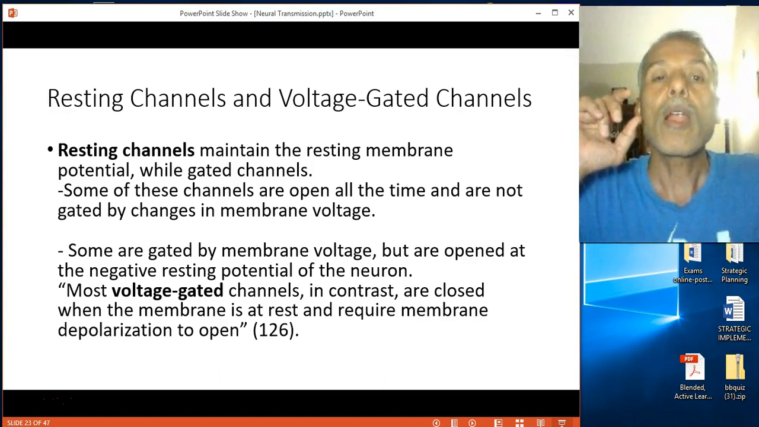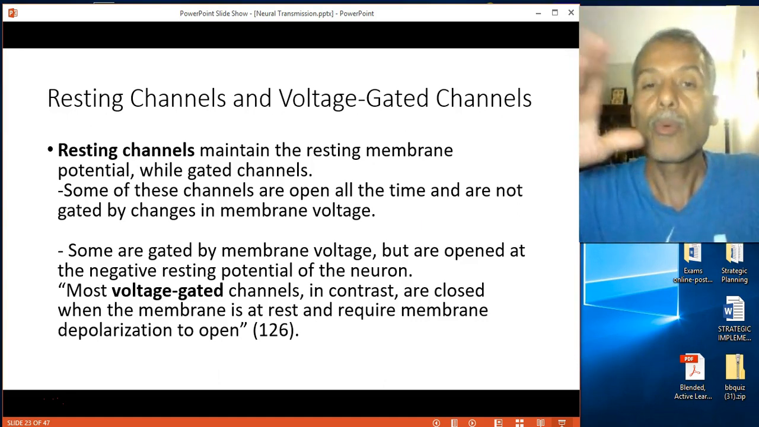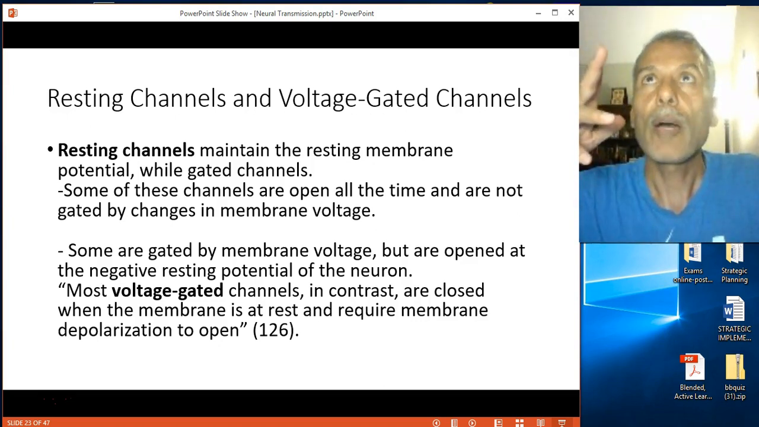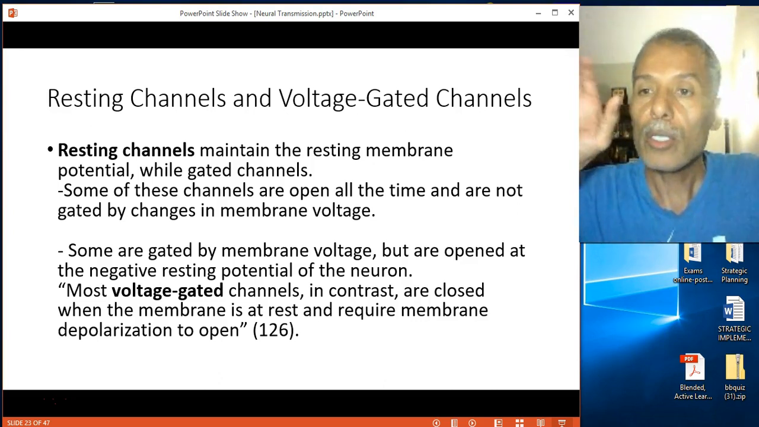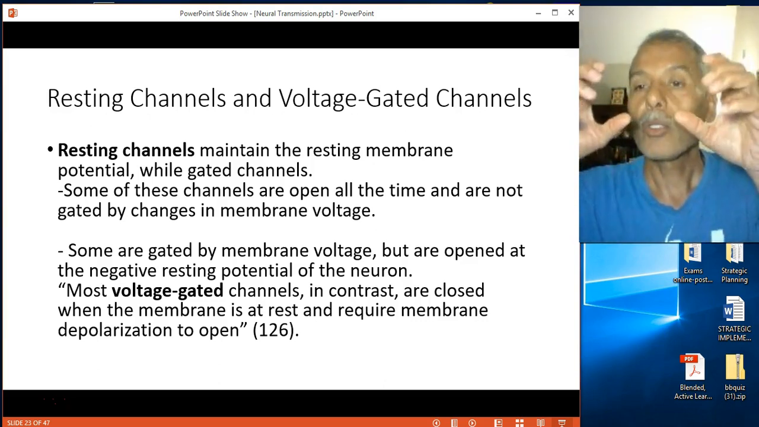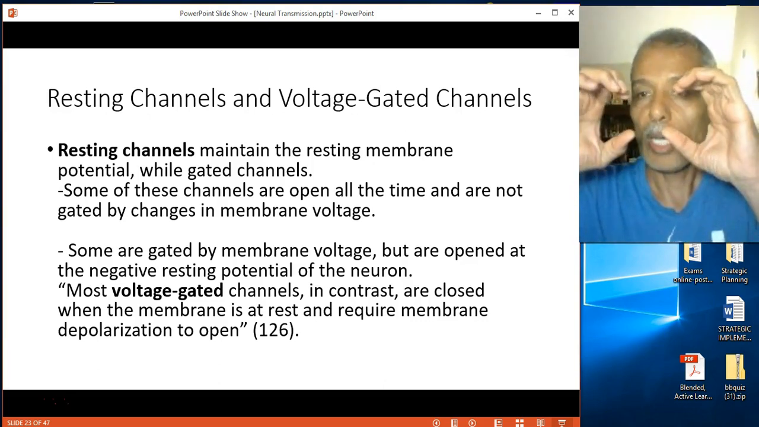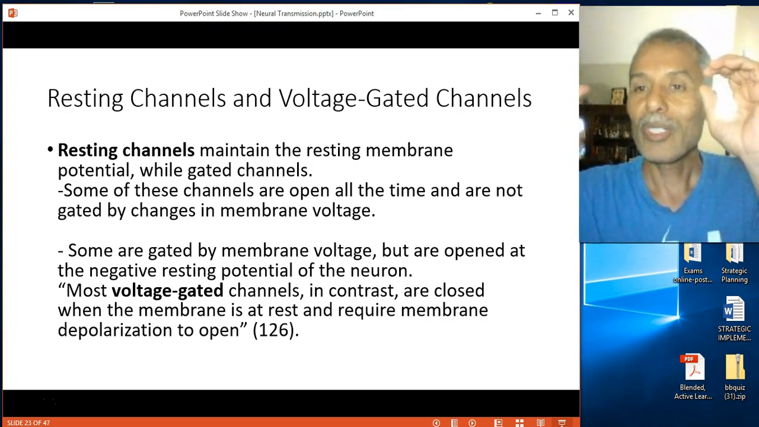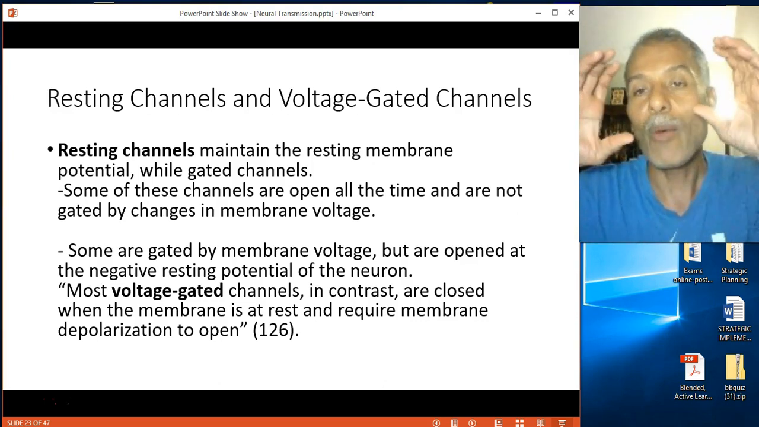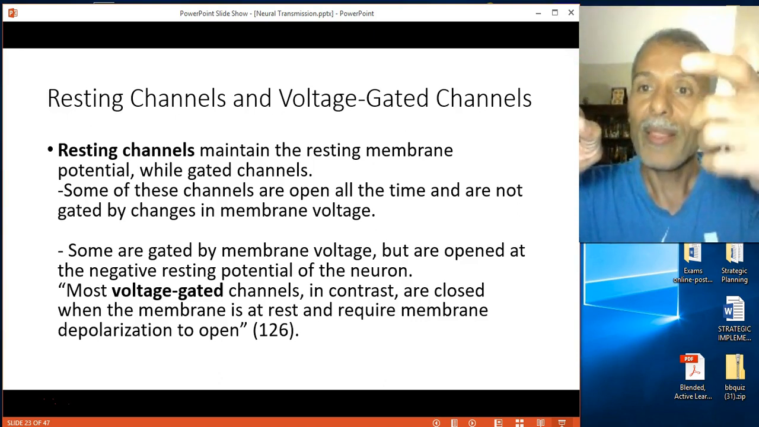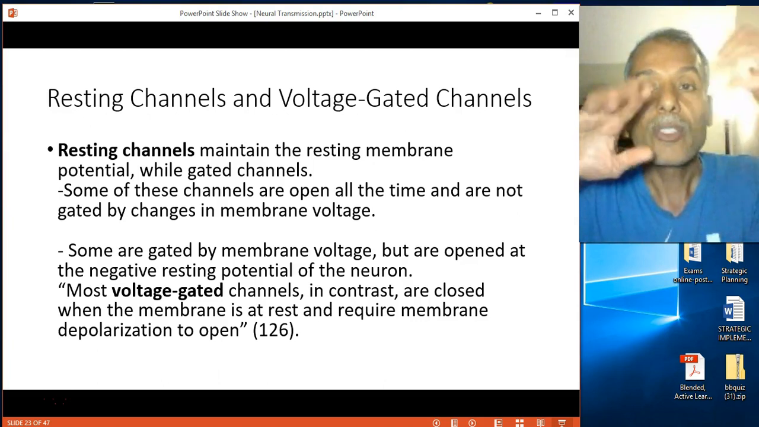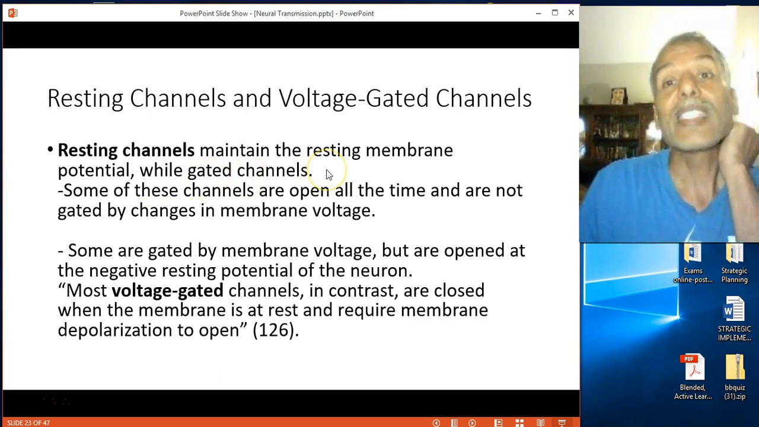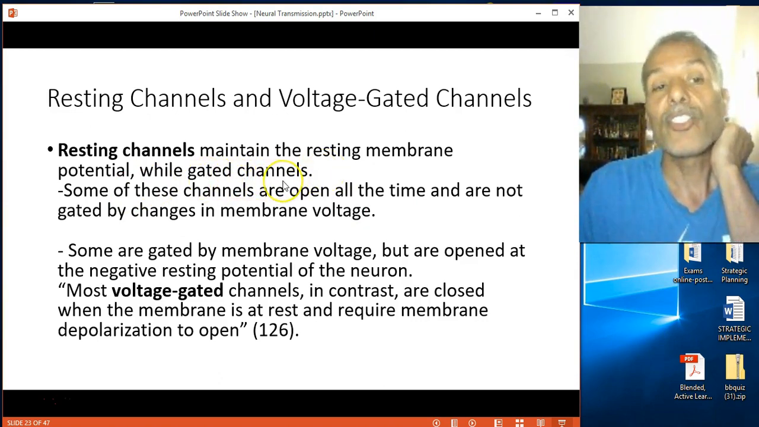So at rest, there are resting channels that function during rest. For example, the potassium channels are just open all the time. Let's say you have two channels, for example, potassium, one here, one here. So one potassium comes in, then another potassium goes out. One sodium comes in, one potassium goes. So one positive charge comes in, then one positive charge is going to leave, so that they can always counterbalance each other. So resting channels maintain the resting membrane potential, while gated channels,